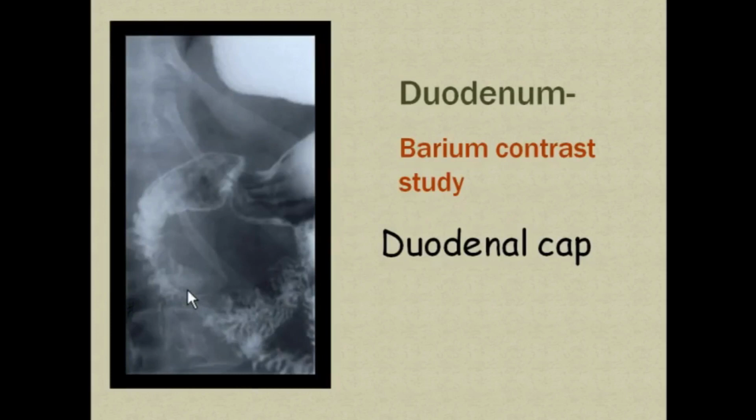So this is an image we get after a barium meal. A duodenal cap will be seen over the first part of duodenum. So these are the details of the duodenum we have to know. I have shown you a diagrammatic representation also. Just compare and read both, slides along with 3D view and also the diagrammatic representation, so that we